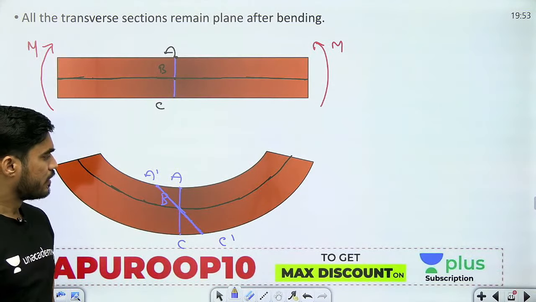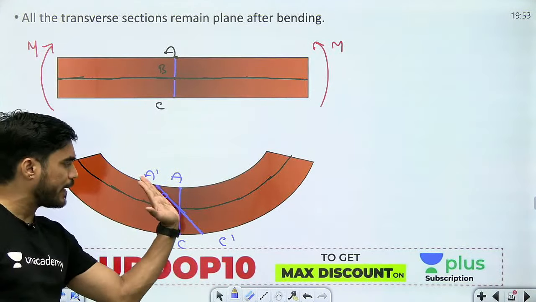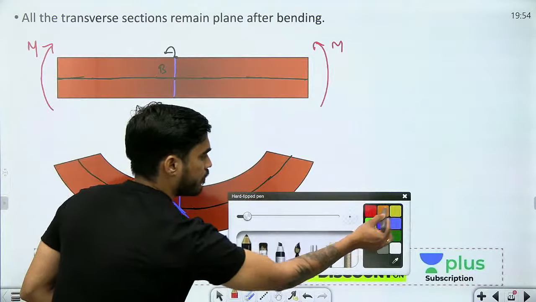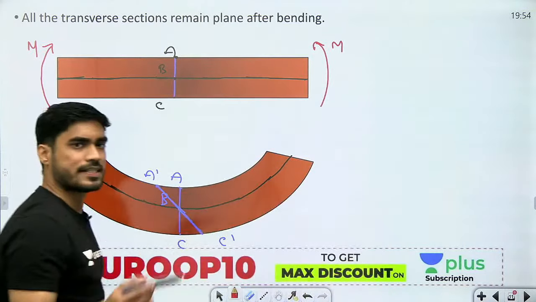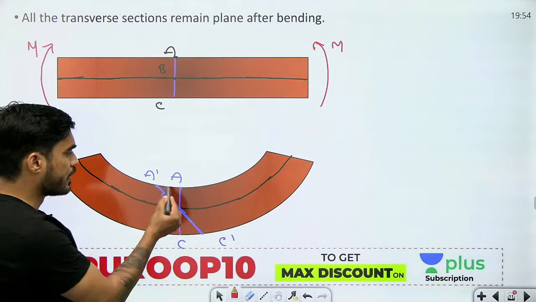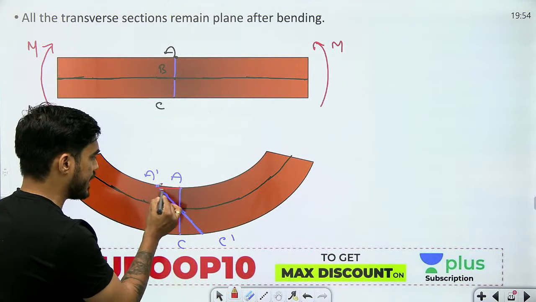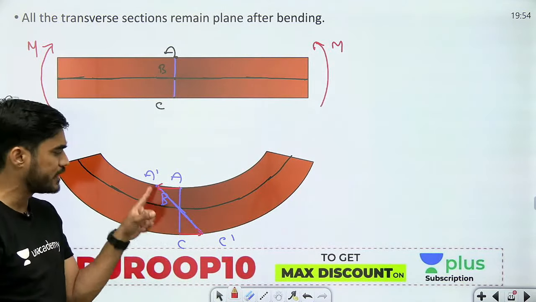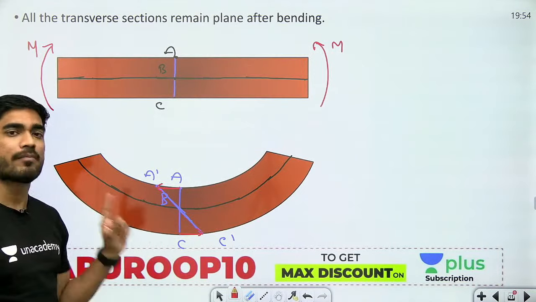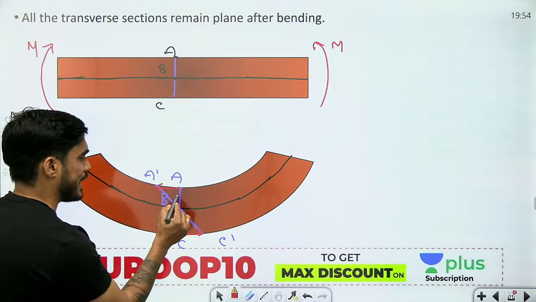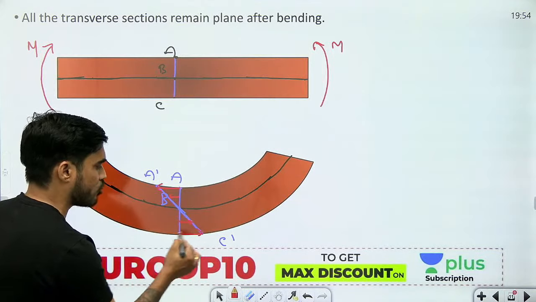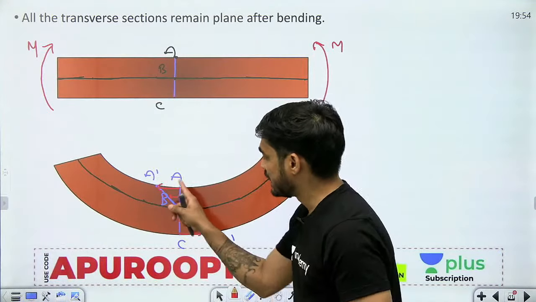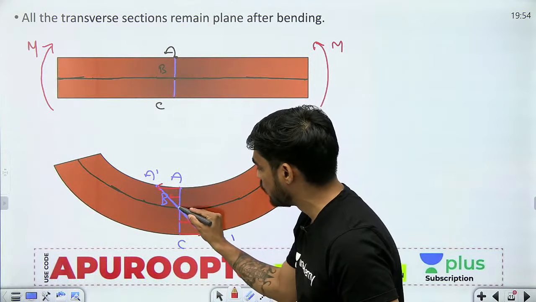Now understand, the transverse section remain plane after bending. So beta, if I am assuming this, then mathematically what does it mean? इसका mathematical meaning क्या होगा? Understand, what is this A to A dash? What is this C to C dash? ये क्या आपको show कर रहा है? What is this showing? This is showing the deformation in the beam, right? ये A से लेके A dash, ये जो आपको distances मिल रहे हैं, what are these? These are the deformation, right? A इतना deform हुआ, C इतना deform हुआ, B बिल्कुल deform नहीं हुआ.